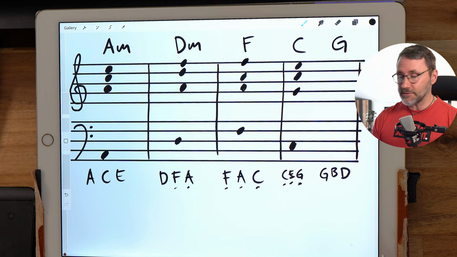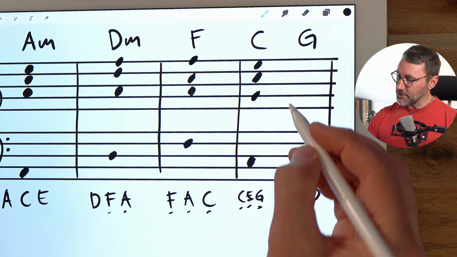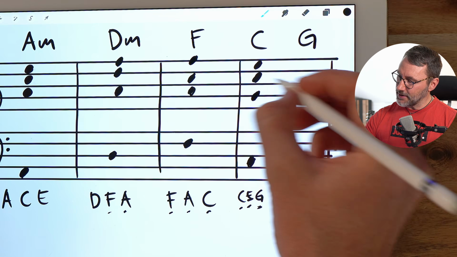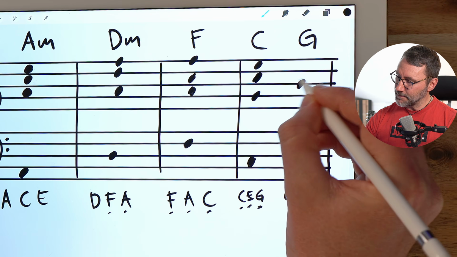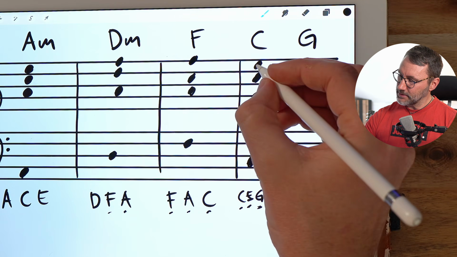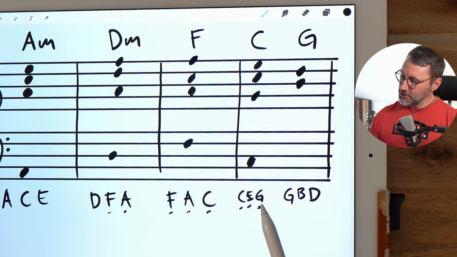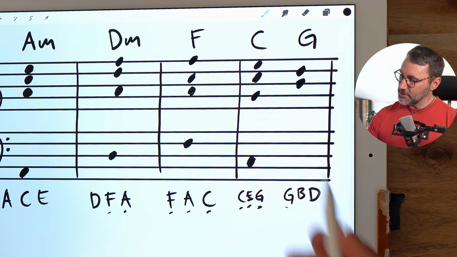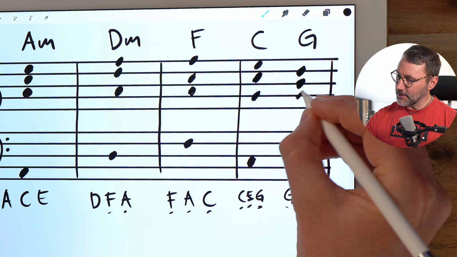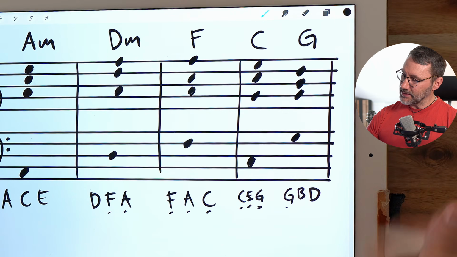And then our final voice leading transition from the C to the G chord. Maybe the C can go to the B, just a half step, so we take the C here to the B. And then the E can go to the D maybe. So let's go down to the D there. And then the G is a common note, so it's going to be held like this. And then we need a G in the bass like this.